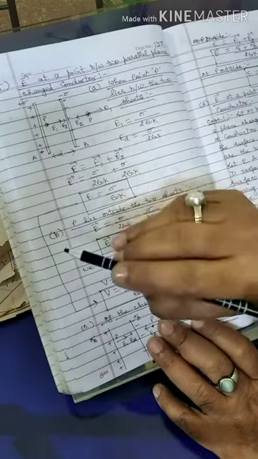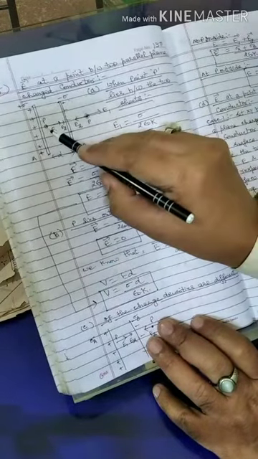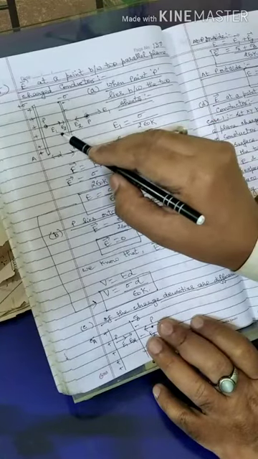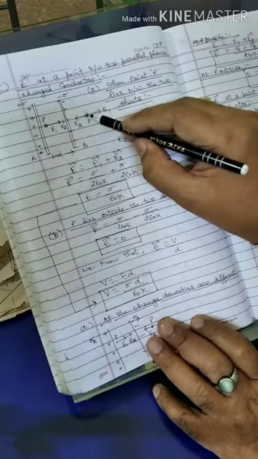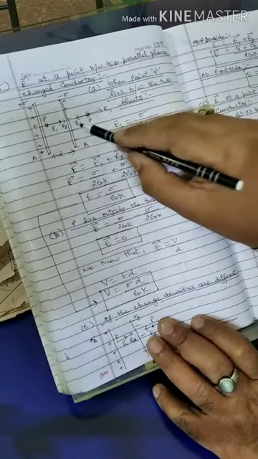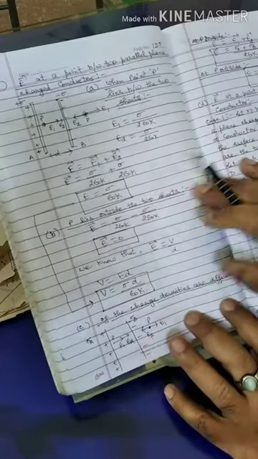That means when the point P is outside, E1 and E2 are opposite in direction. When the point P is inside, both the electric fields E1 and E2 are in the same direction, and when the point P lies outside, both the electric fields E1 and E2 are in different directions.